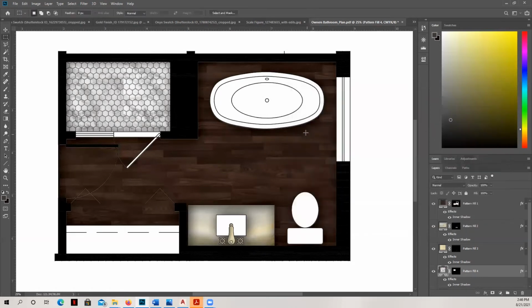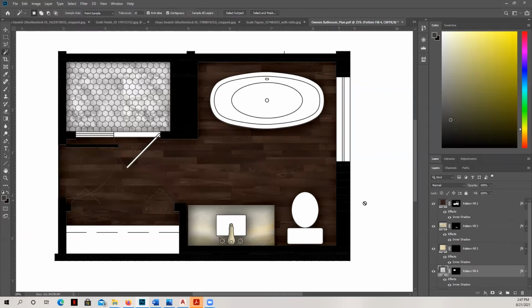And now I want to teach you how to address the white spaces here. So we've got an undermount sink within our kind of onyx countertop. We've got a white commode here and a white tub. And we also have this white shelf here as well. Now, even though in actuality they would be white, very white, if you leave them white like this, they almost just look like you forgot them or they're unrendered. So what we're going to do is also fill in these areas.